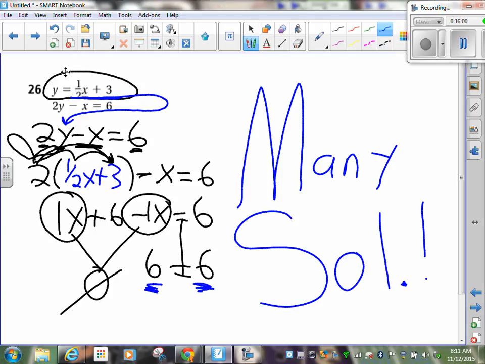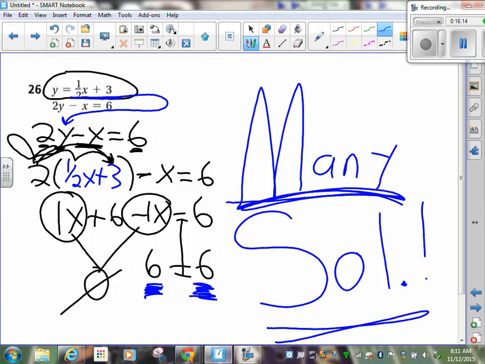I wrote solutions, but I ran out of room. Okay? If this side equals that side, then you have many solutions. Okay? So you're going to have different possible answers. You may have many solutions, no solution, or like we did in question 1 and 2, you may have an x and a y as a solution, which is actually called,